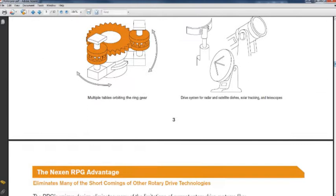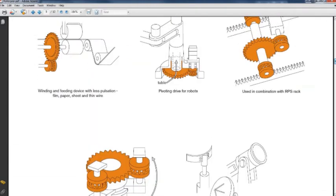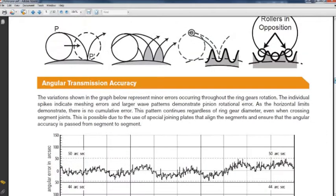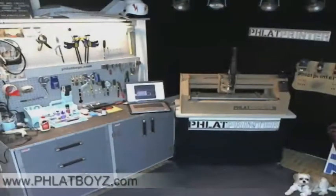I found this PDF online. You can see some of the systems that they use it for. And it's not just rotary, there's a linear system, sort of. Just interesting. I just really loved it. And so what I did was I said, all right, well, I'm going to take that and see if I can't expand on it a little bit. And just as a prototype,